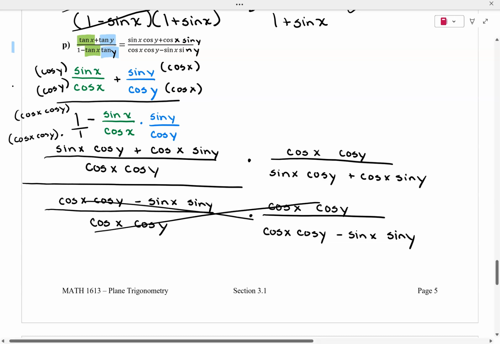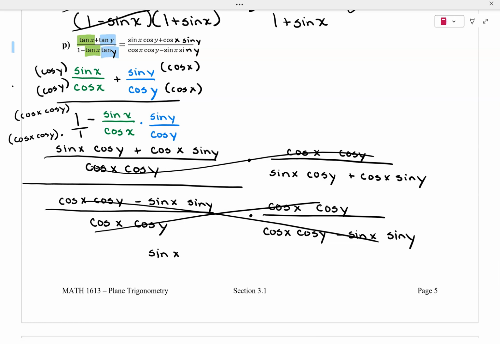So notice these are going to cancel. These actually cancel. We're left with sine of x, cosine of y, plus cosine of x, sine of y, all over,